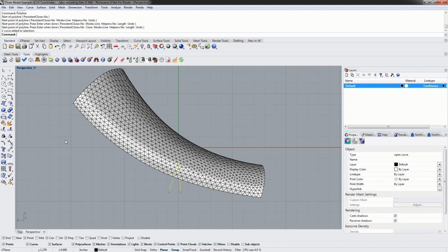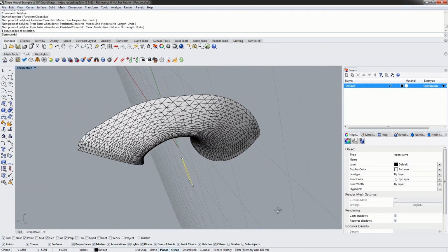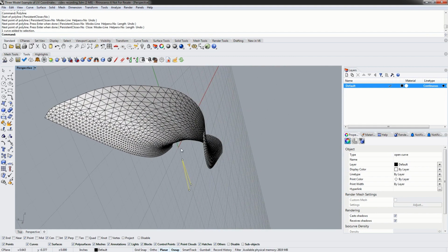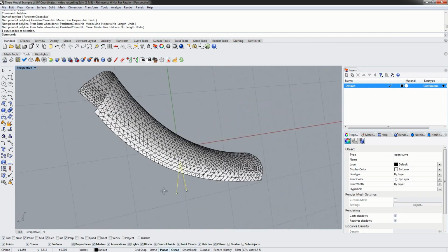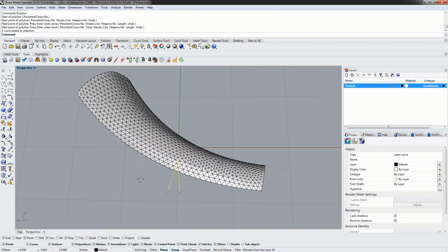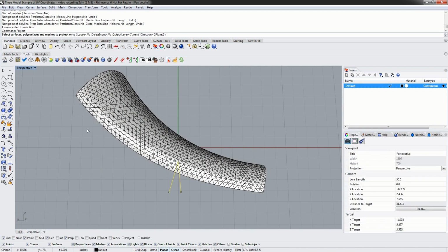Right now, this curve does not actually intersect the mesh at all. In fact, we can rotate our camera around, and we can see that the curve doesn't even touch the mesh. However, it is on the construction plane, so any curves that are created are always directly on the construction plane, and that's why we created a new construction plane that's perfectly parallel to where we wanted the cut to be. So now we can use the Rhino Project command, and we can project this curve